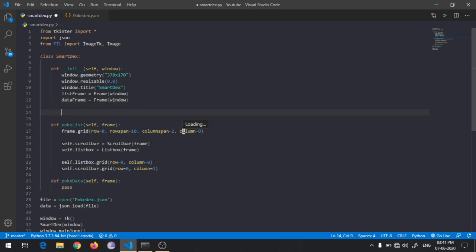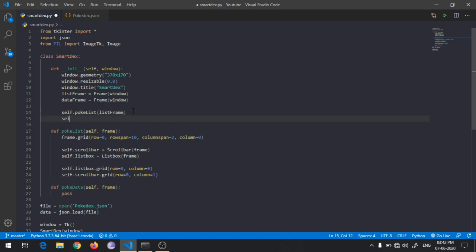So self dot poke list, and then list frame, and self dot poke data frame. Now let's see.